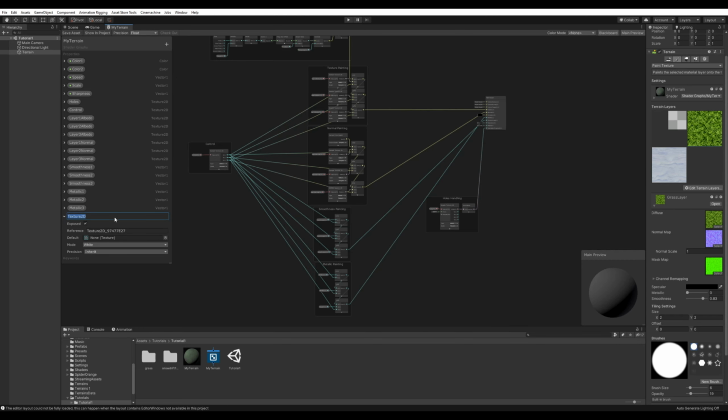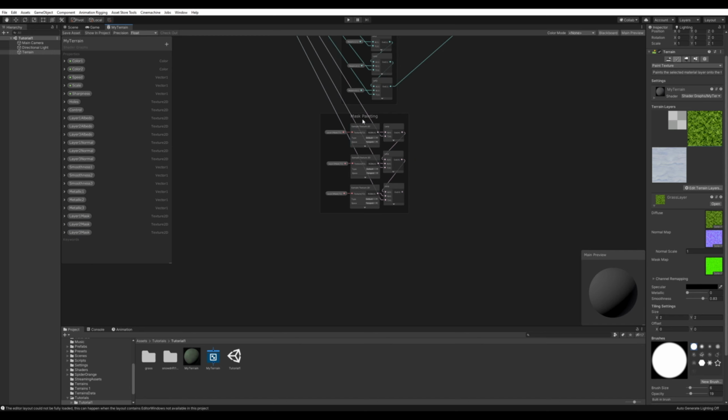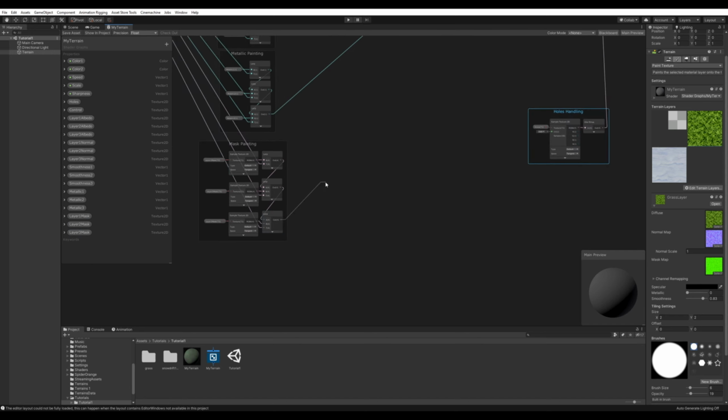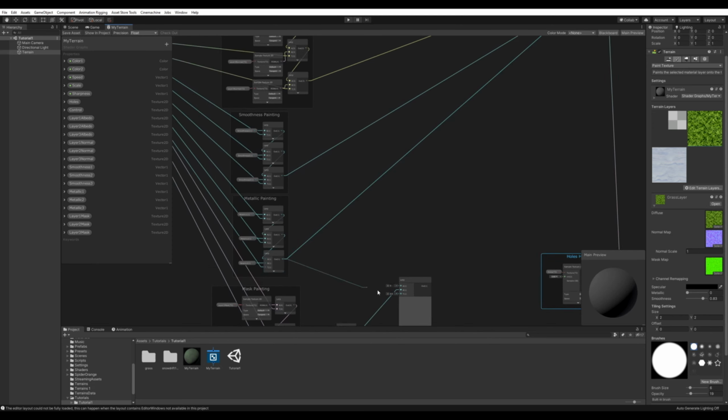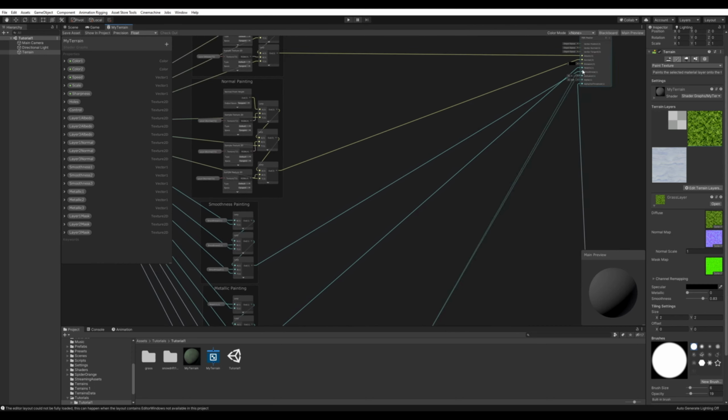Still the same thing, create a new texture 2D that we'll call layer 1 mask. And I will do this for every layer. So there you go. And as usual, I'm going to make a lerp between all of them. Now we have our mask painting group. On the output of this one, we're just going to split, making a lerp with a 0.5,